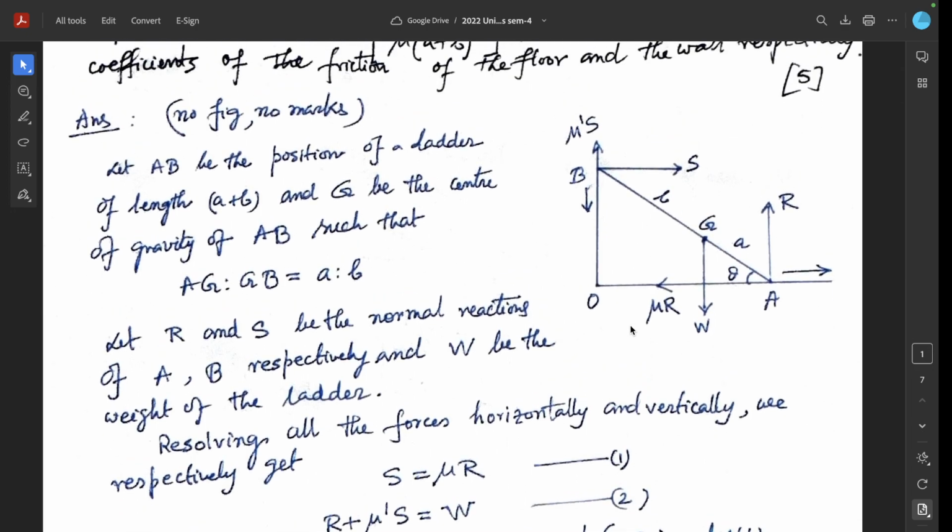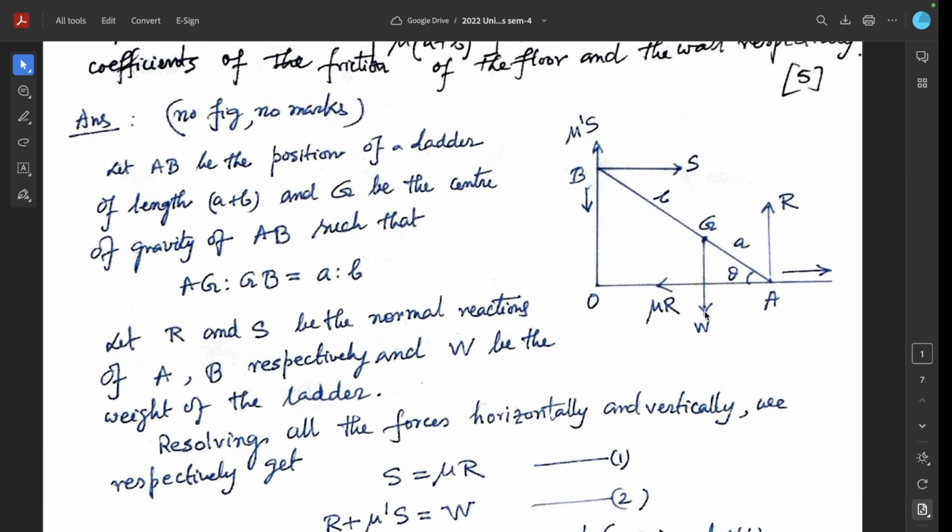Let R and S be the normal reactions at the point A and at the point B respectively, and W the weight of the ladder,